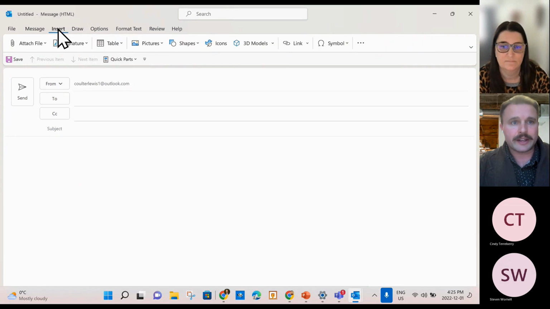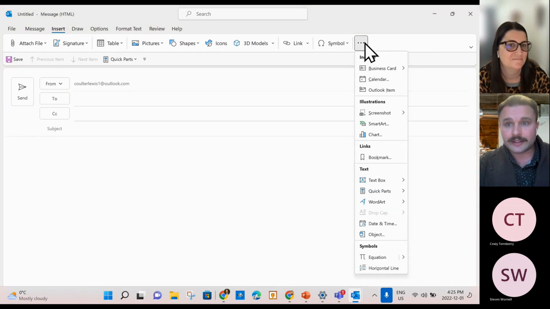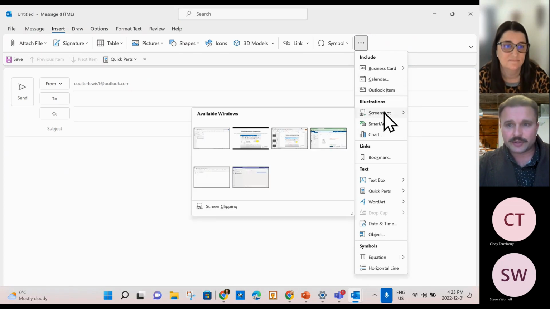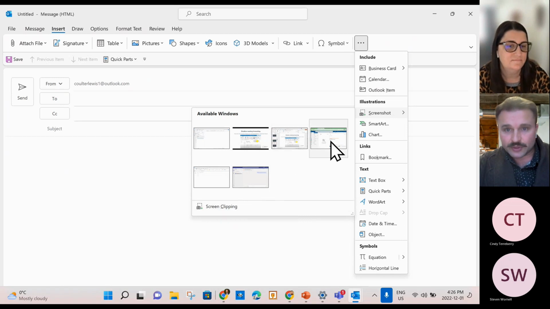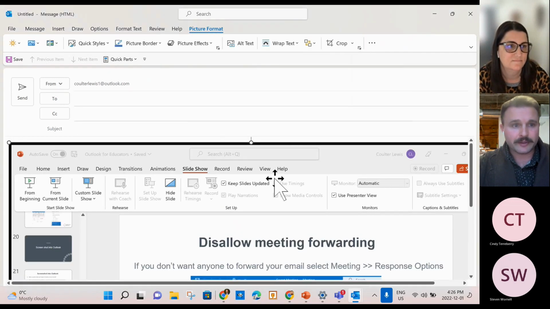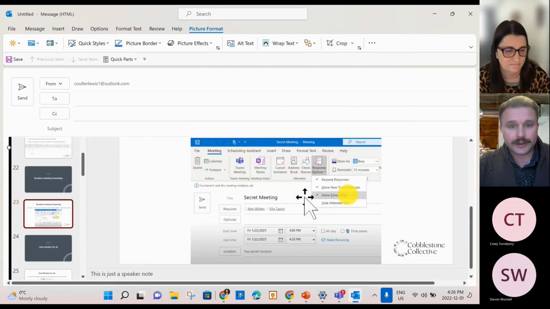Okay, so I'm going to want to insert, well, I want to insert something. Obviously, I want to insert a screenshot. So I can look in here and click on those three dots, and I have tons of these options. We'll talk about a few more in just a minute. But here's my screenshots, and it'll actually open up all the available windows. I can also click on the screen clipping if I want to set that up myself. But for example, we'll just choose this one, my PowerPoint. And there it is, already in there,